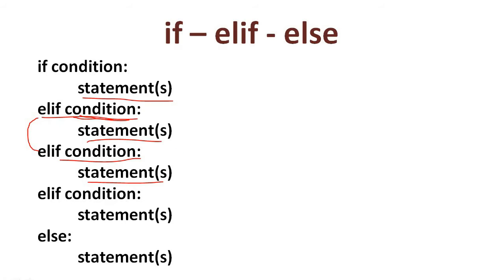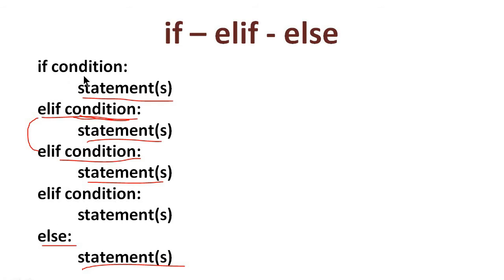Okay. Then what is the use of this else part? Yes, if none of the conditions is true, then the else part is executed. That is, the statement under this else part is executed. And this else is optional. Here each condition is checked in order. If the first one is false, the next one is checked and so on. And what will happen if the first condition is true? It will not execute the remaining portion.